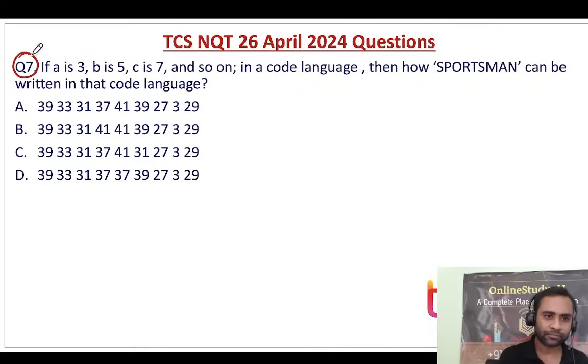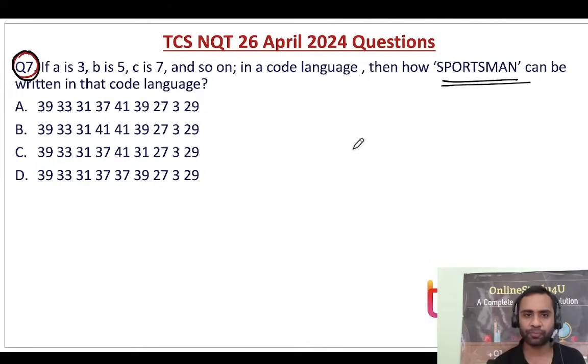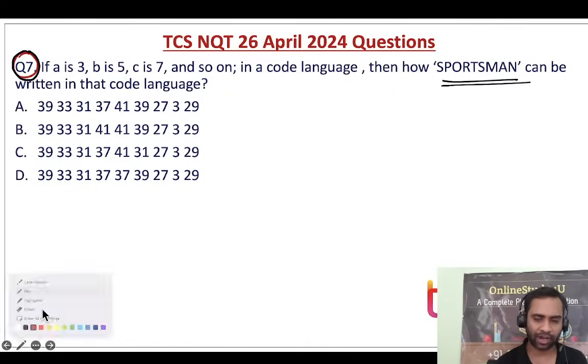Now, question number 7. If A is 3, B is 5, C is 7. Questions will not repeat. The similar pattern will repeat. So if A is 3, B is 5, C is 7, and so on in a code language, then how will the word sportsman be written in that code language?